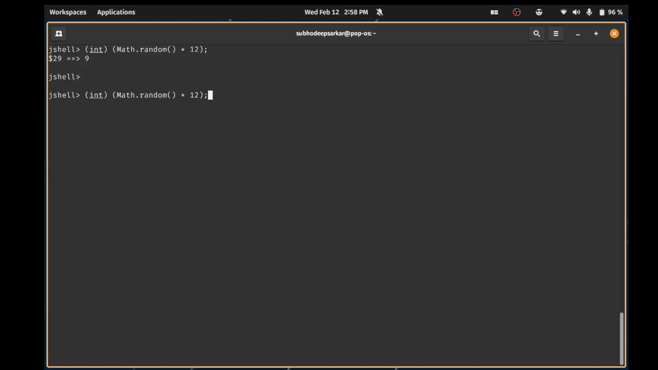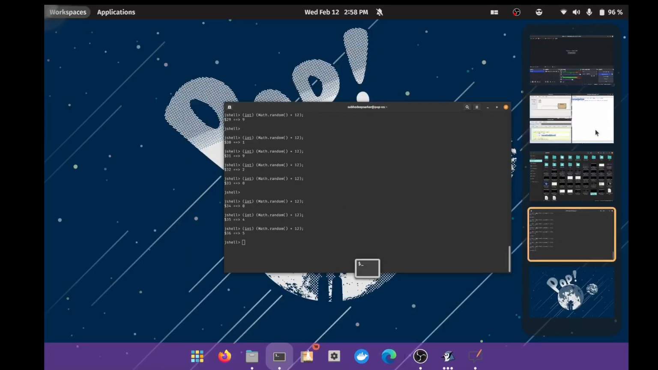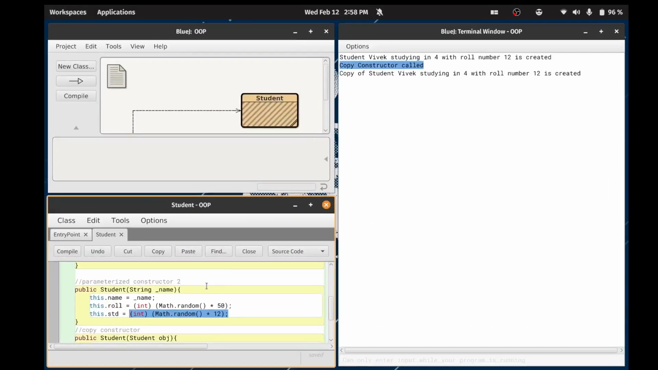Yep, it is working. Class 9, class 1, class 9, class 2, class 0. 0 means primary or pre-primary. Think about it. Okay, perfect, it's working fine. So it will assign some random class, I mean standard, and it will assign some random roll